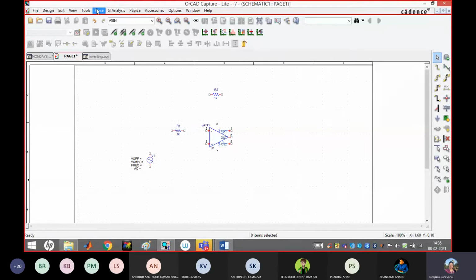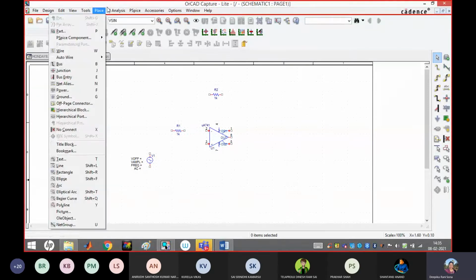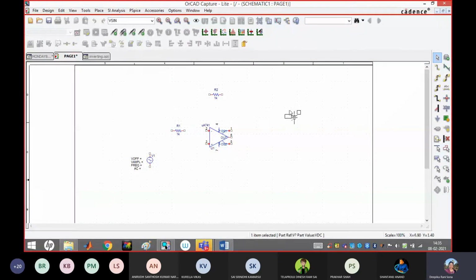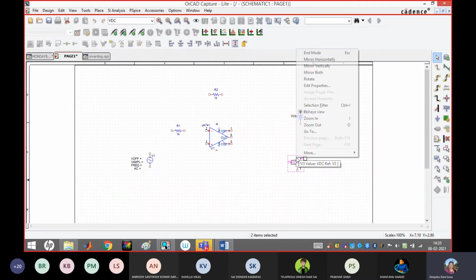Then another source, two DC sources we need: place, source, voltage source, DC. Two times I need. Just bring and keep it like this.